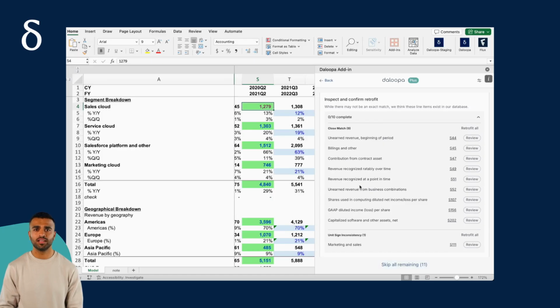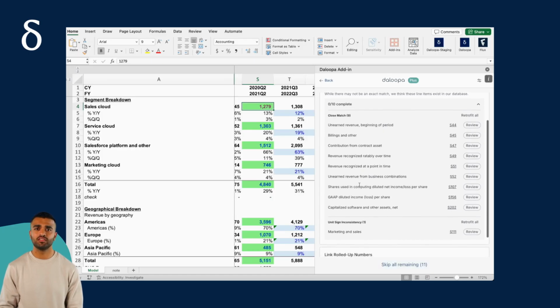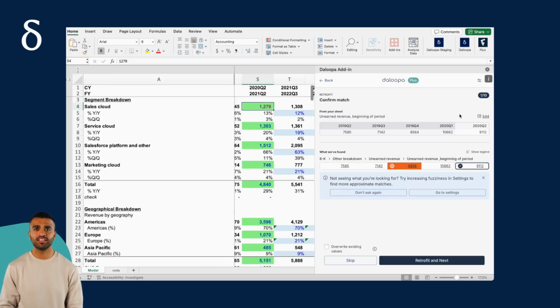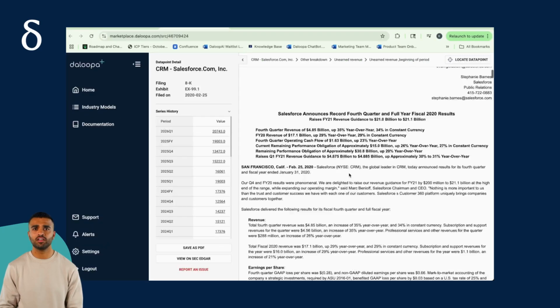But for future updates, unless the data points are retrofit, those rows will not be updated with the latest data. Now let's get started. For each data point, we will click the Review button, and this will show us the data we're referencing from your model at the top, and the data that we found that was the best match for your hard-coded figures. The figures that we had a discrepancy with will be highlighted in orange, and if you want to check to see where this difference could be coming from, you can click the figure to take you